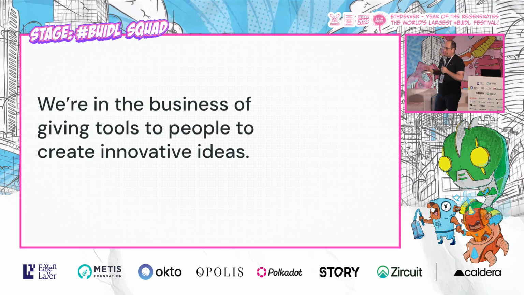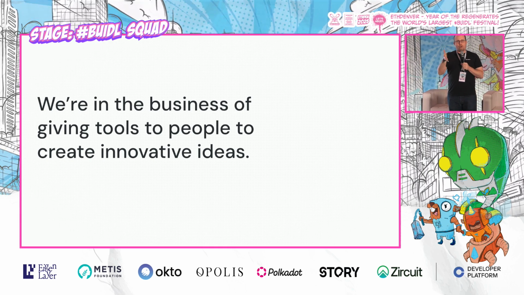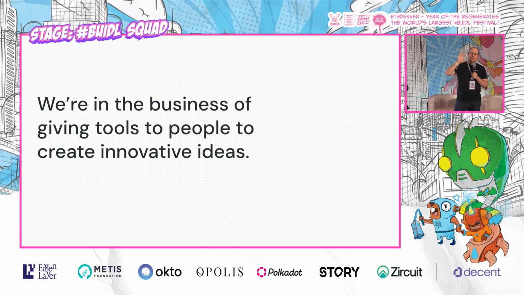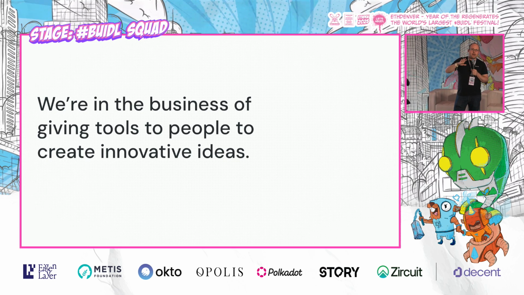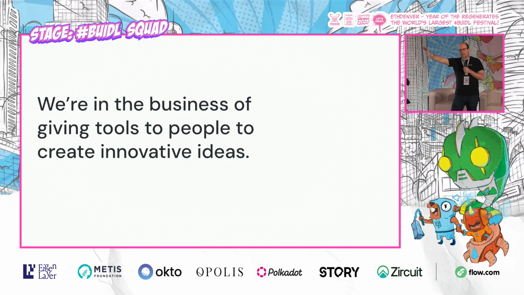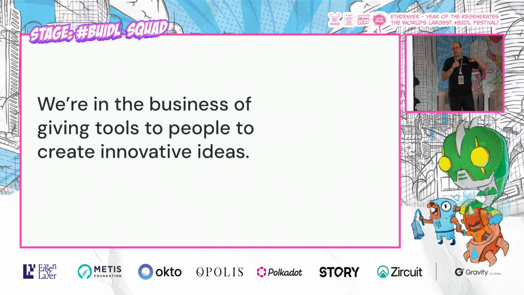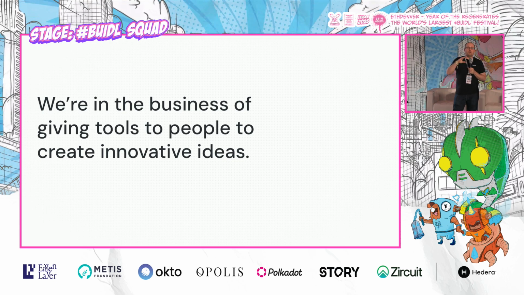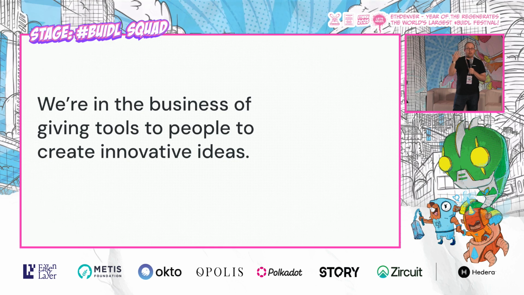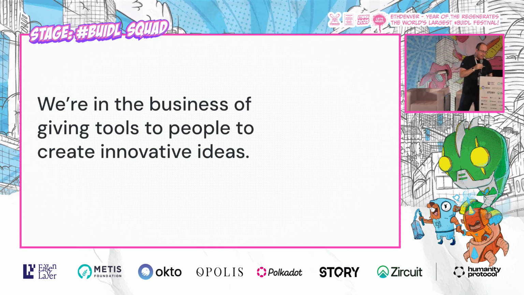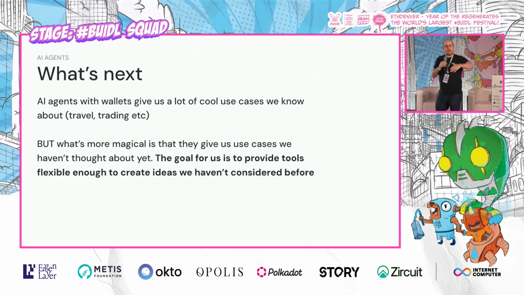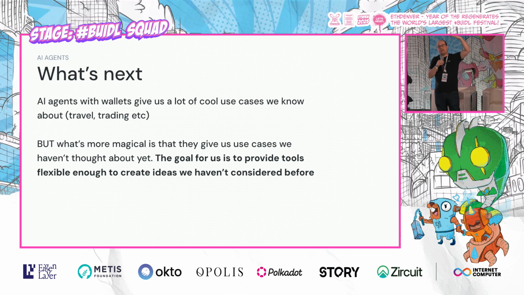But, and I'll end with this, we're in the business of giving tools to developers. If you were to tell me, hey, here's the types of experiences that will be built on top of Dynamic 2 years ago, I would have told you you're crazy, right? We've had Lamborghini build on top of Dynamic, and we have Doodles build and McDonald's build on top of Dynamic, and we had anywhere in between those, right? And those are things we couldn't have predicted. And so really what we're trying to aim for at Dynamic is to give very low-level, very close to the metal tools, as well as very abstracted UI components